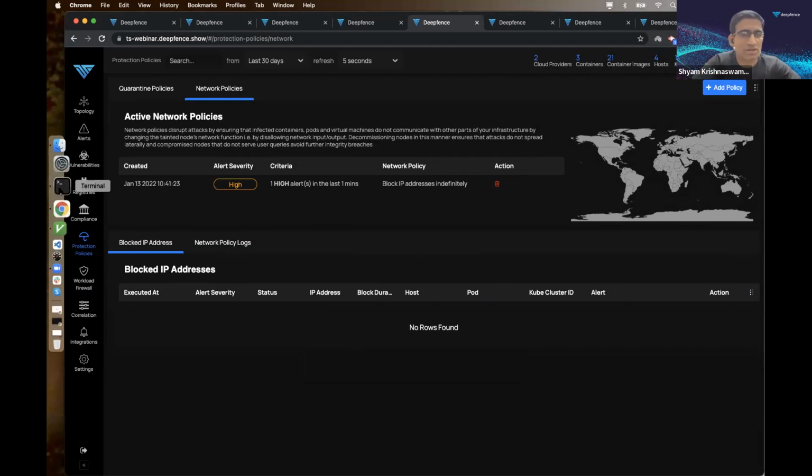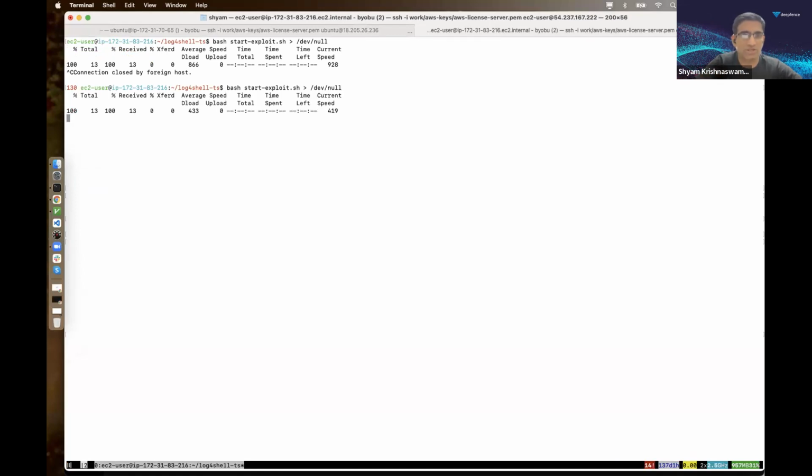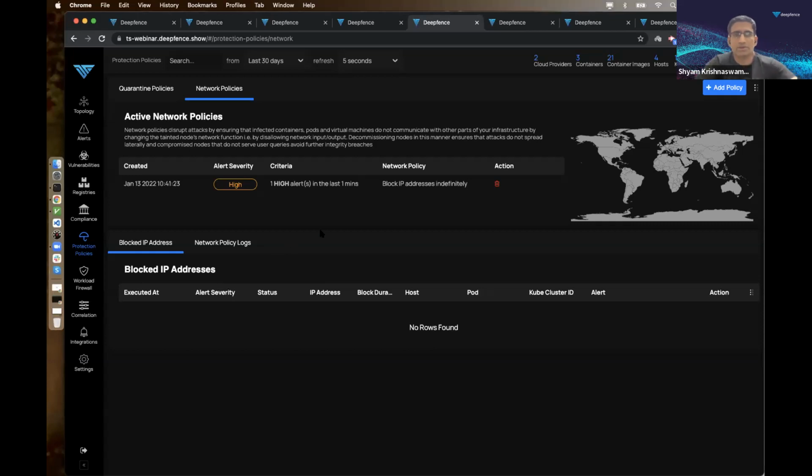Now, let's go ahead and run the exploit again to see what's going on here, right? So let me stop the exploit that was running all this while. Let me stop the exploit and let me start it again. Now that we have set a policy, let me start it again. Right? Now, the time that this policy kicks in,